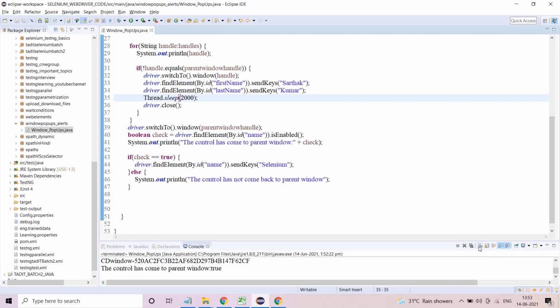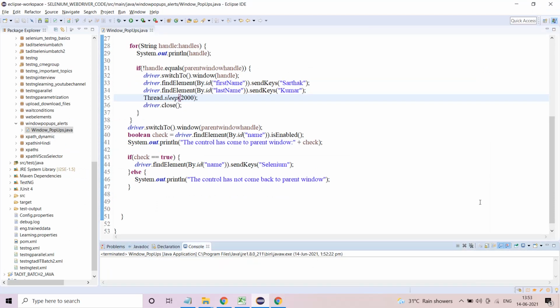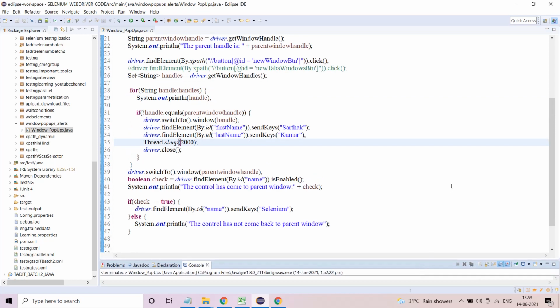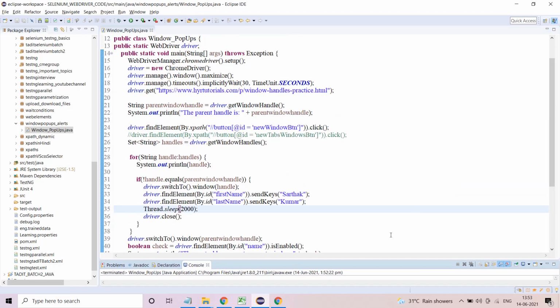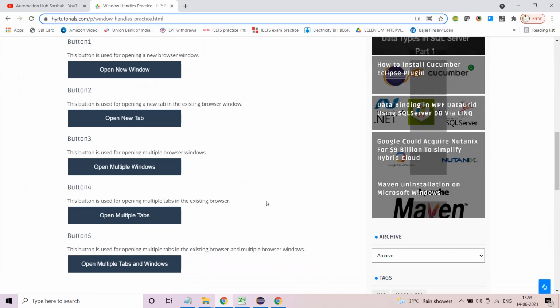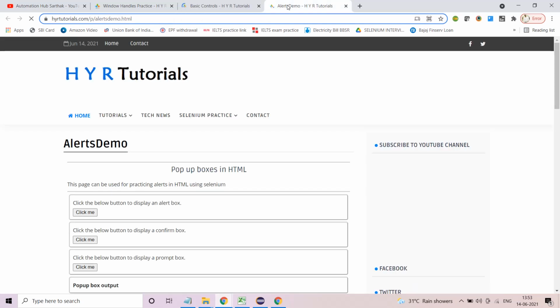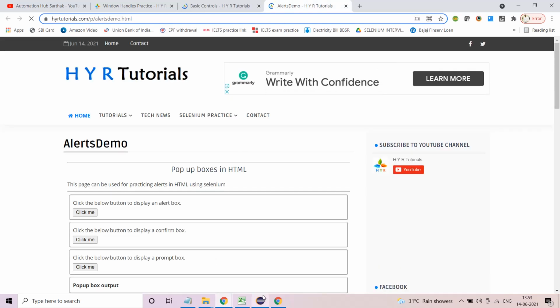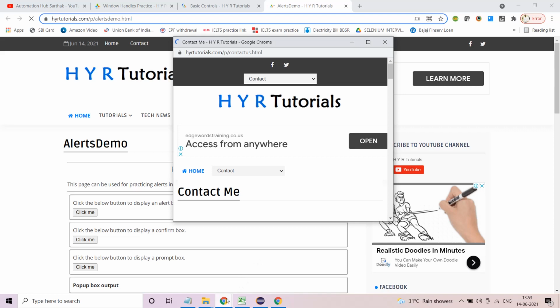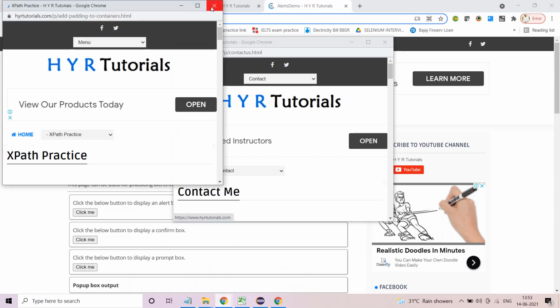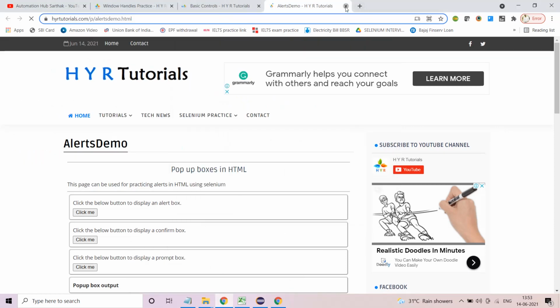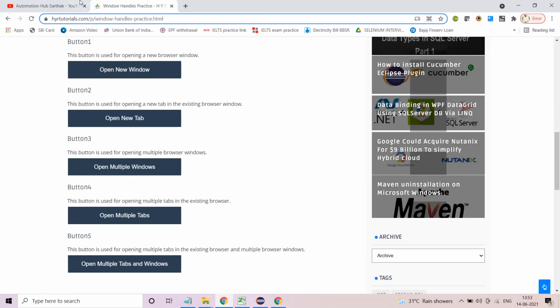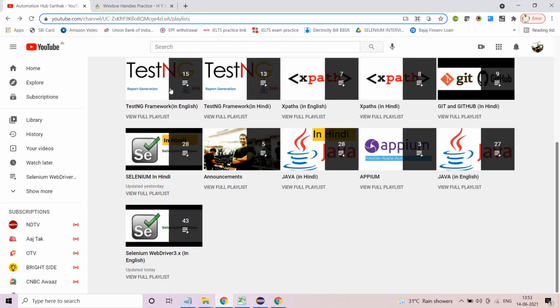So this is how you handle various kinds of window pop-ups. And I would suggest you try with multiple tabs in windows. What will happen is you can switch from this tab to that tab, use driver dot switch to and all that, and you can also use multiple windows. So consider this as an exercise. If you are able to do it, let me know. If not, still let me know in the comment section. I'll be happy to help you out in this.